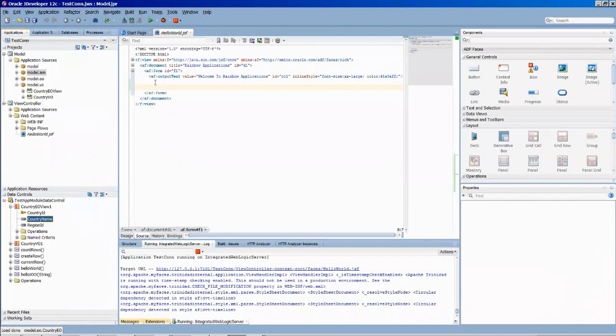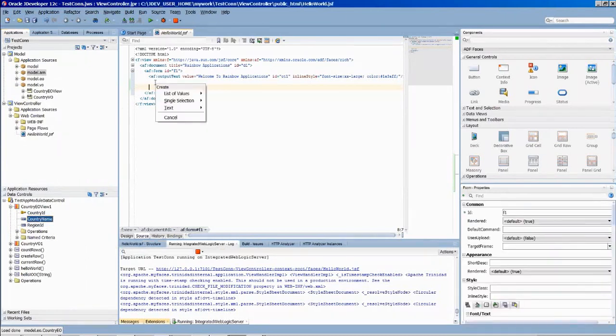Okay, and drop it. While dropping it, it will ask, as it's a country name and it's a string, ADF will identify it as a string, and it can be a list of values, a single selection, or a text. How do you want to display your view on the page, right? You want to go with a list of values, or a single selection, or a text with label, or just a text? Maybe I want to say ADF input text with label. That's what I want. Then what actually happens? It creates